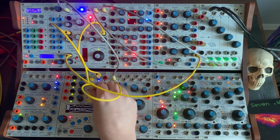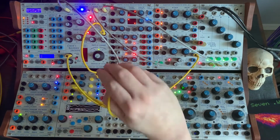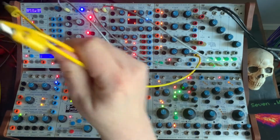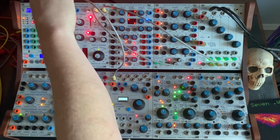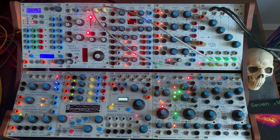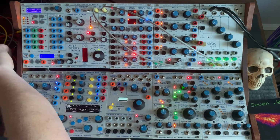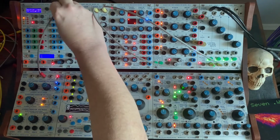Leave that. I'm going to take out all my CV sources here because I want to give you a good idea of what you start with. So everything comes out. Turn off my reverb. So all I have plugged in now is I'll go to bypass, and I'm going to take the noise out. I'll take the flat noise out from the 266E source of uncertainty,